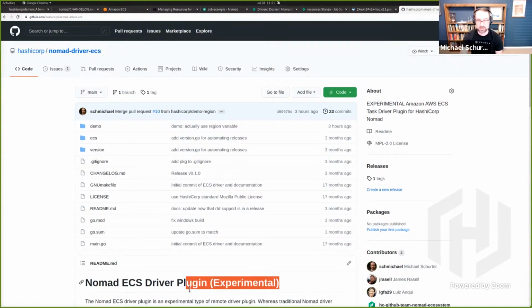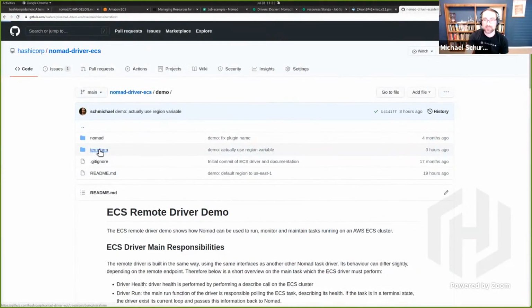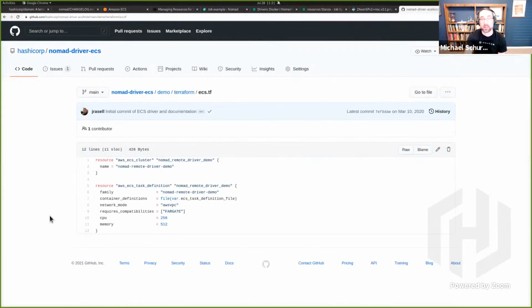Again, you'll see us spray experimental all over this stuff, especially because this demo driver does a great job of demonstrating how to build a remote task driver, but it doesn't have a great usability story. For example, the actual ECS task that it runs is defined in Terraform, not in the Nomad job file. So it's actually using Terraform.